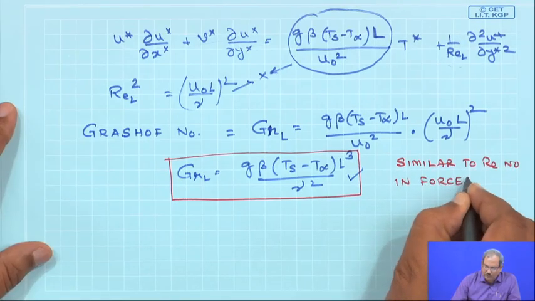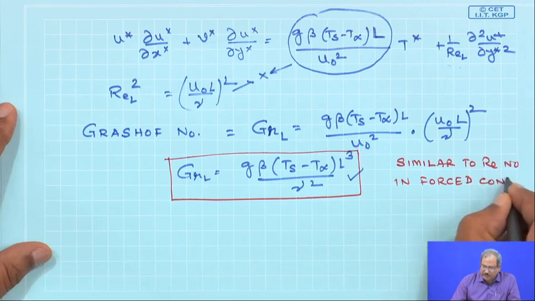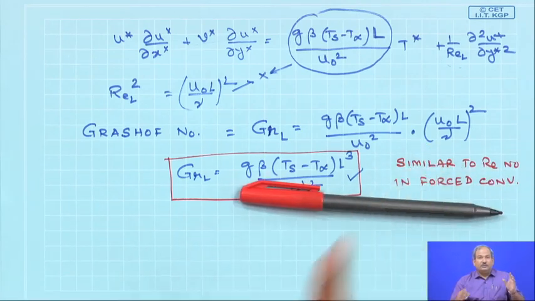So, the same role the Reynolds number played in forced convection. We know that for forced convection the Nusselt number is a function of Reynolds number and Prandtl number. Whatever role the Reynolds number played in forced convection, the same role will be played by the Grashof number in the case of natural convection or free convection. The value of the Grashof number can simply be expressed as